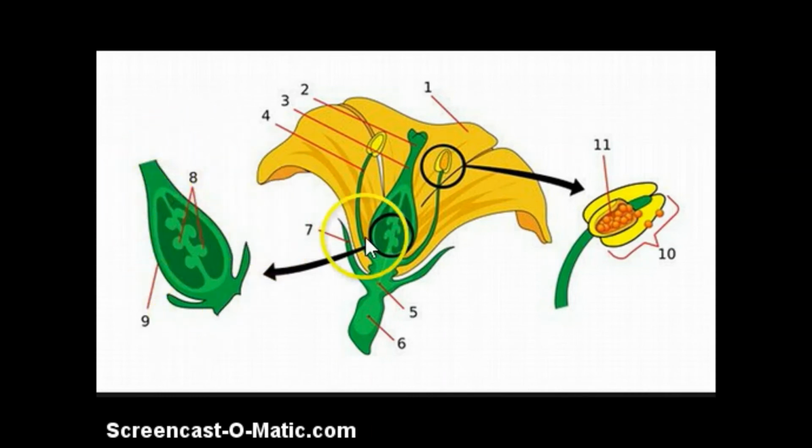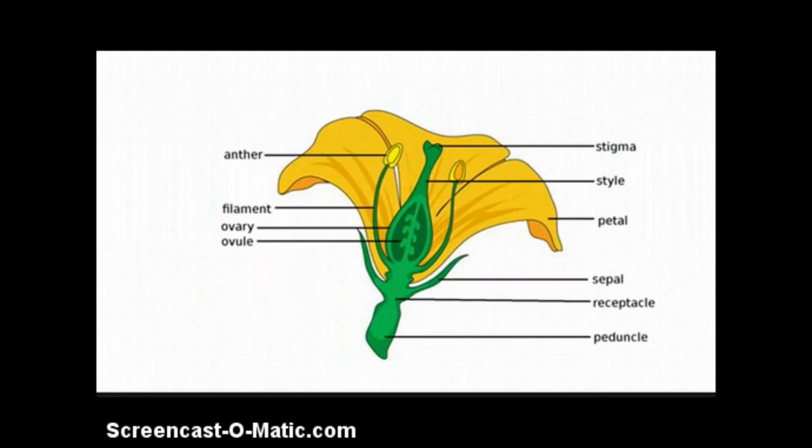This is the structure of ovary, the vertical section of longitudinal section of the ovary. This is the ovary, and inside it these are the ovules. So this is the structure, the proper labeled structure. Peduncle and receptacle is not in your syllabus, so no need of revising that. Just remember that this is the stalk of a flower. This is sepal, this is ovule, this is ovary, this is filament of anther, filament of stamen, this is anther, these are petals, stigma, style, ovary.